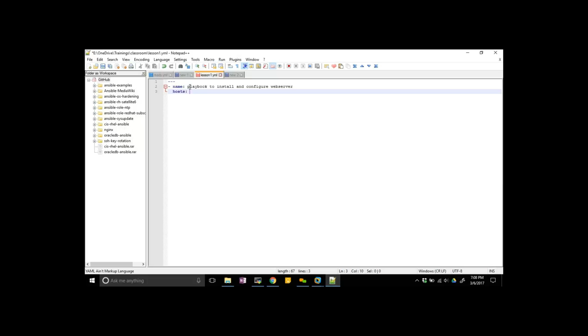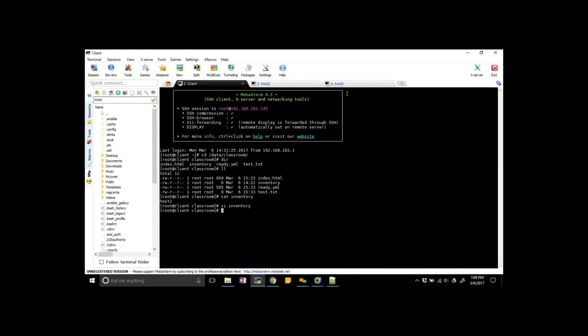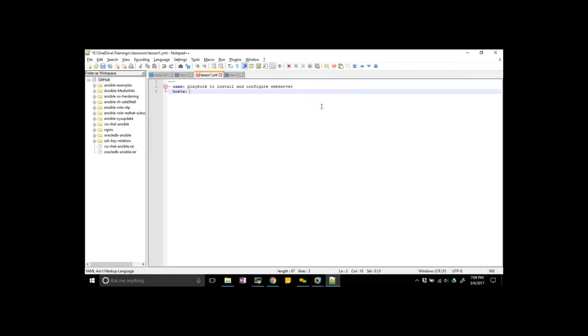I'm writing it to configure your website, so it will display as playbook to install and configure web server. And hosts is nothing but the target machines. You now have host2 and host3 machines as your target machines. Which one you want to include to run this playbook on? You can give host2 or host3. If you want all the machines, then you can use all.